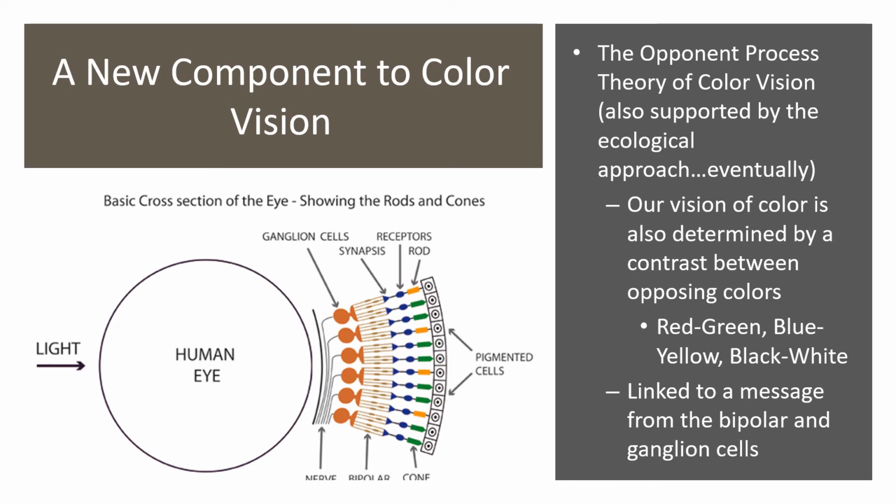In particular, when we look at our rods and cones in our eyes, what we see is they connect to very small cells called bipolar cells, and those bipolar cells actually reach out to cells that collect information from multiple rods and cones and the bipolar cells connecting to them. Then these cells are called ganglion cells. Most researchers have concluded that these ganglion cells seem to be the source of this opponent process message that eventually reaches the brain. And it creates the weird after-image effects that we talked about and some weird lightness, darkness, contrast